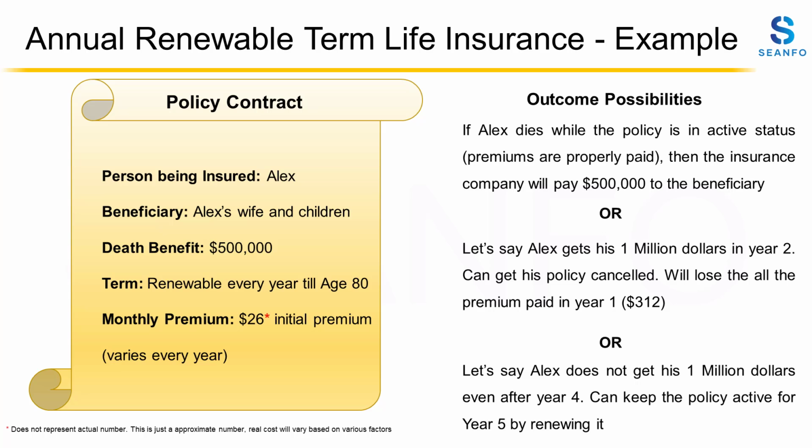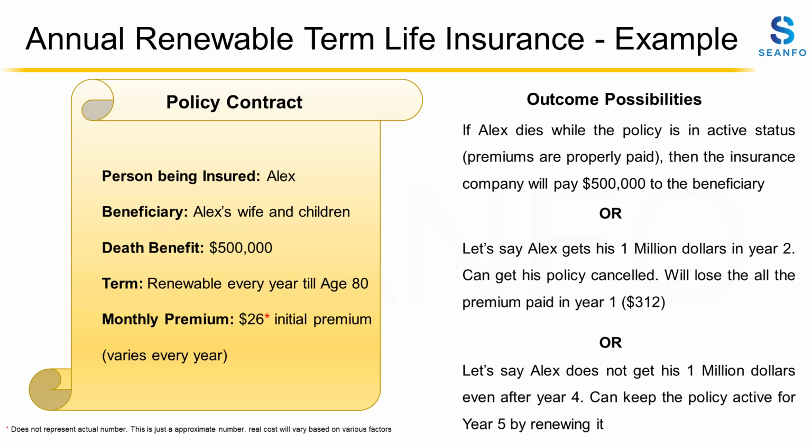So right now, he has a temporary need to get a life insurance to protect his family during the next 2 to 4 years until he gets this $1 million. He is not very sure if he would need the protection for exactly 2 years or 3 or 4. So in this scenario, one of the best options for Alex would be to get an annual renewable term policy. Okay, let's say Alex applies for annual renewable term policy with a death benefit of $500,000. If the insurance company approves the policy request, it will come up with a contract that will state the monthly premium for the first year that Alex has to pay for the requested benefit.